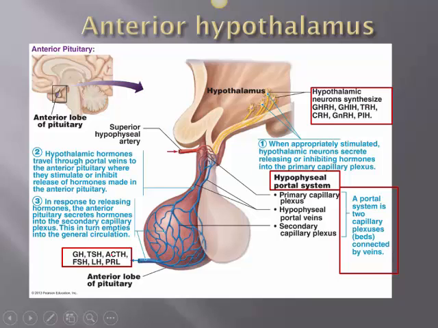ACTH stands for adrenocorticotropic hormone. That is controlled by the corticotropic releasing hormone. FSH and LH are hormones which act on the gonads or the reproductive organs, and these are also known as gonadotropins. So they will be controlled by the gonadotropic releasing hormone. And then prolactin is controlled by the prolactin inhibiting hormone. Okay, so the anterior pituitary, as you can see, produces its own set of hormones, but it is controlled from